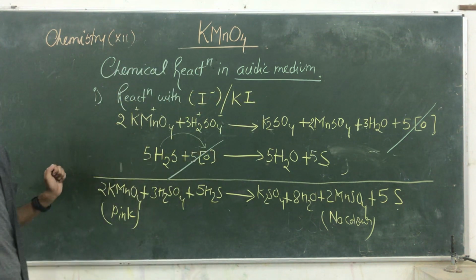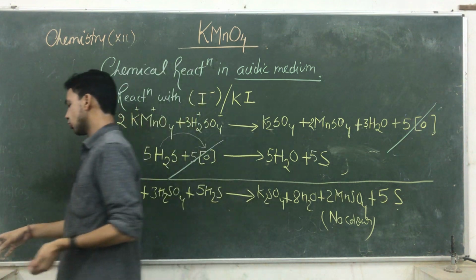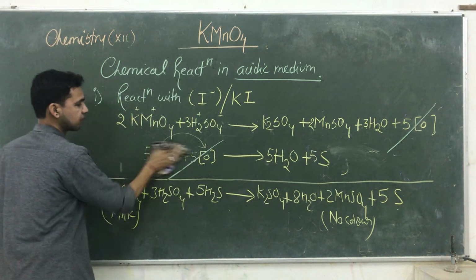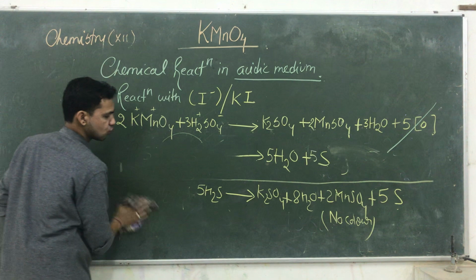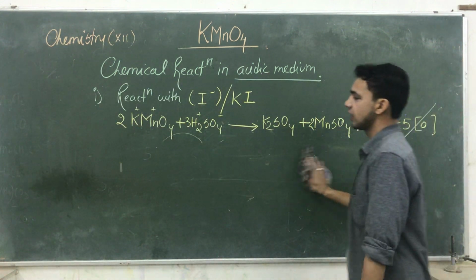Okay, the iodine is not available in the I negative. It is always available in its compound form. So guys, we need to write. अब क्या करेंगे? पहला स्टेप तो सेम है, उसको मैं रिमूव नहीं करूंगा. आप हमेशा पहला स्टेप सेम करेंगे. हम केवल क्या लेंगे? KI लेते हैं यहाँ पे.